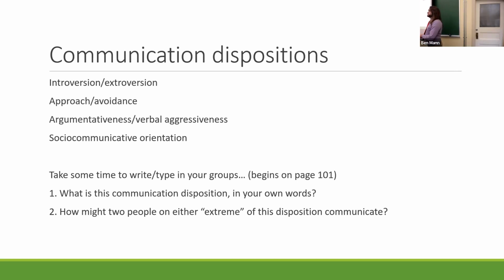About argumentativeness and verbal aggression. There's like two people that are fighting or arguing, and they tend to try to find something to argue about. Usually for verbal aggression, they tend to yell at another person, and then the opposite side of that would be somebody taking it and not saying much.